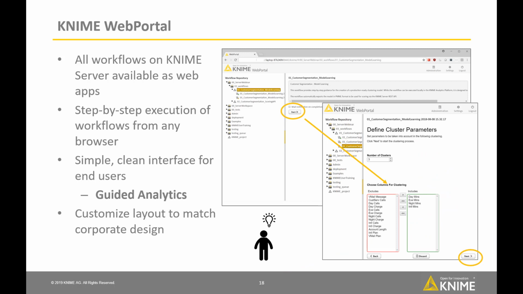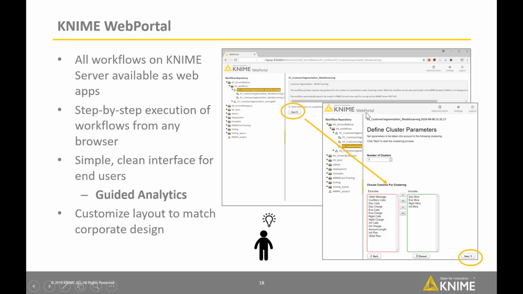So if you haven't seen it before, this is the prime use case for our business analyst, someone who is not going to be building workflows with nodes in KNIME, but someone who needs to execute those workflows. So he can do it via his web browser if he loads up the web portal, which is going to be running on the KNIME Server. So if he were to load that up, you can see a web browser window here. He gets a list of all of his workflows, and then he can click Start to execute whichever workflow he